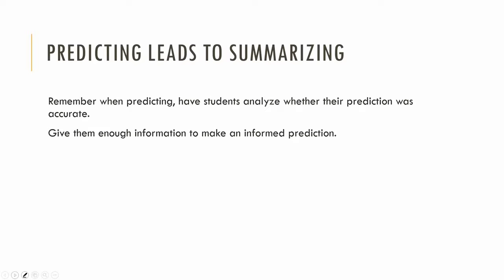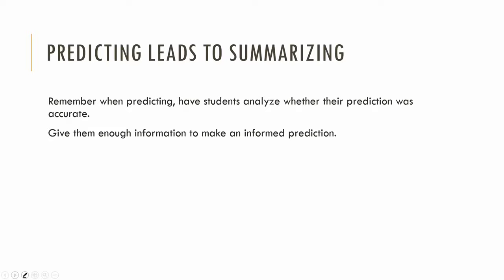So that means have them look at the text, have them look at specific textual clues and cues such as captions, titles, that sort of thing, and then make informed predictions about what they're going to read. Then the next level is to have them go back and read their prediction after they've read the text and see if they were right, and have them adapt or adjust that prediction to correctly reflect what they just